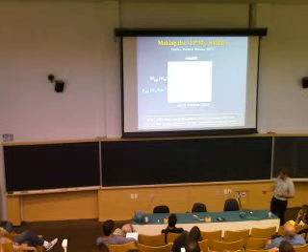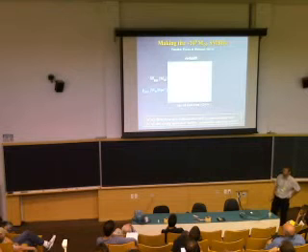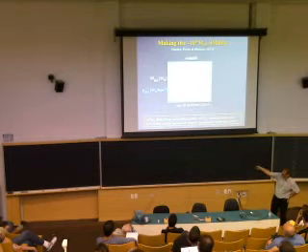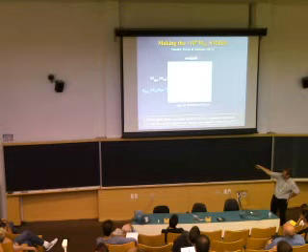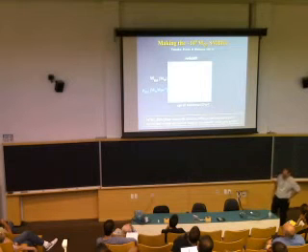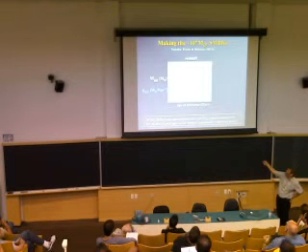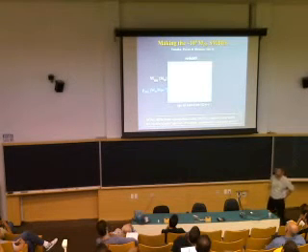If I'm allowed to show a few specific plots here, this is an outcome of such a merger tree calculation. This is cosmic time, so this is 1 gigayear, this here is 100 million years. This is redshift on the top, and this black curve shows the mass of the most massive black hole we have at each cosmic time, and you see it goes to a few billion solar masses by redshift 6. So that's good.